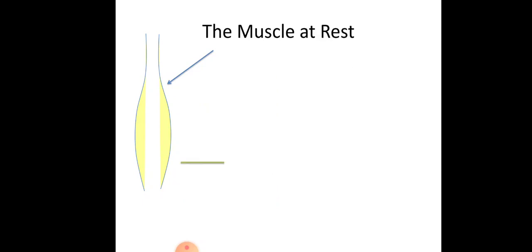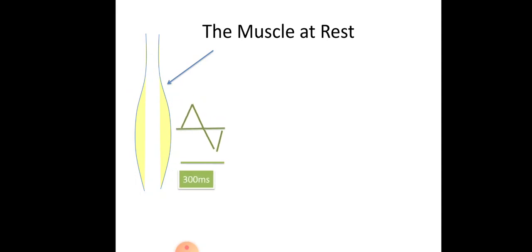Coming to the second point, the muscle at rest. We already dealt with what is insertional activity, after which the person is still not moving his limb, or he is not contracting his muscle. That is nothing but electrical silence. So what you should get in the graph? A straight line. Let's look into how it looks.